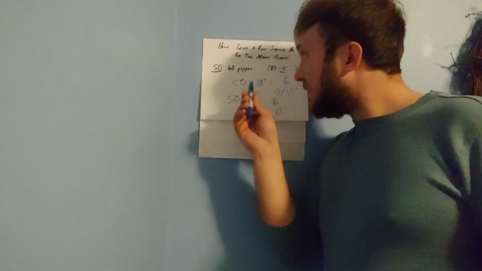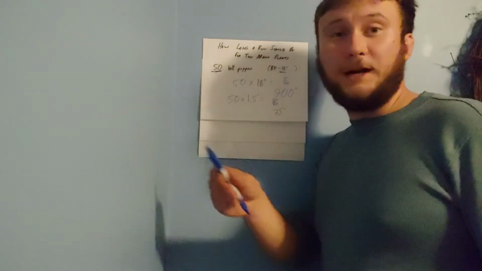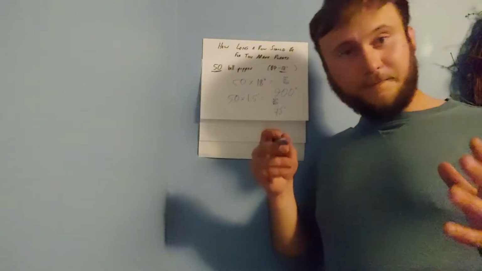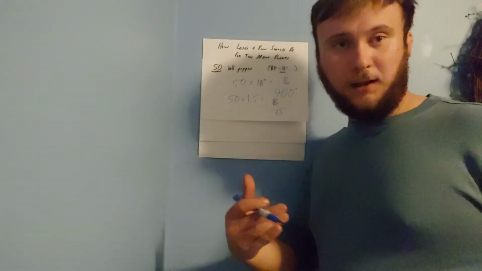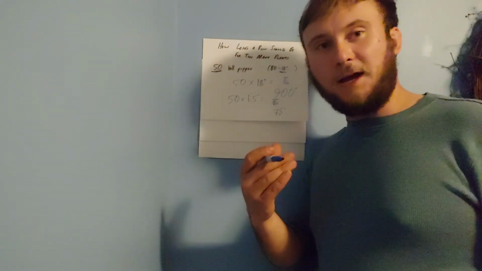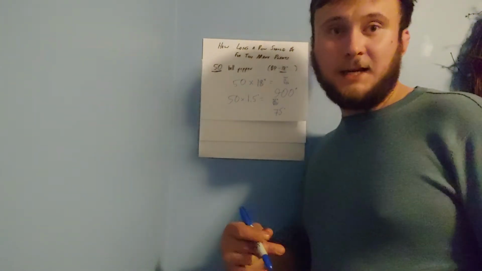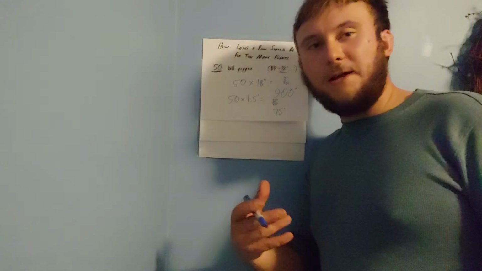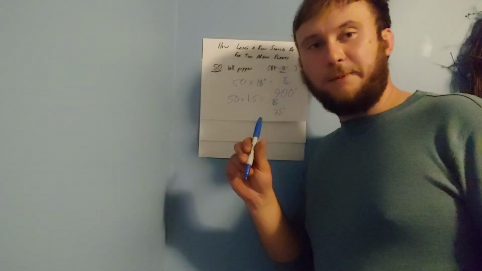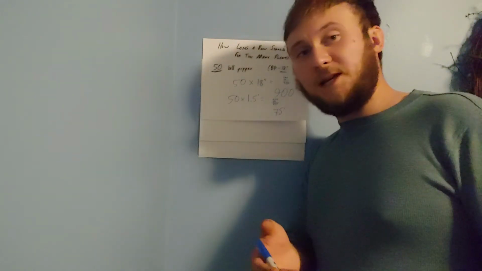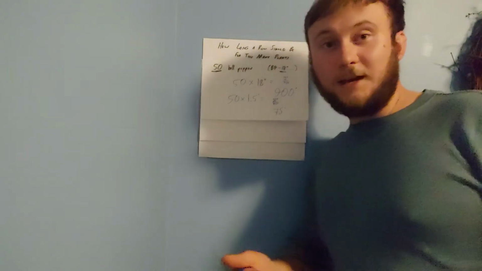So if you want to figure out how many plants you want in a certain width of a plot, then you divide the plot width by the sequence interval. If you want to figure out how wide your plot should be according to a certain number of plants, you multiply the number of plants you want by the sequence interval. Okay, so how about